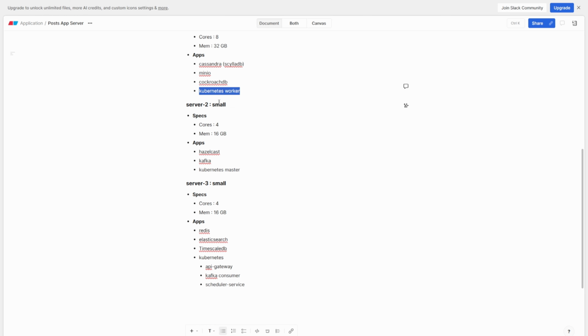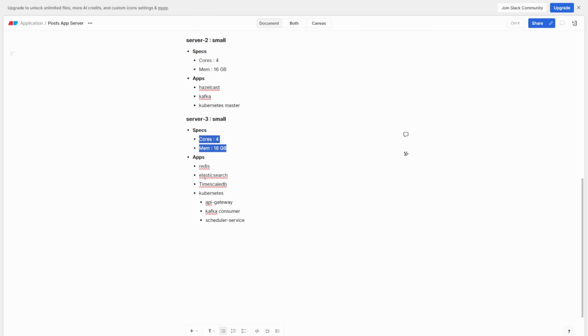Then we have another server with a spec of 4 cores and 16 GB of memory that will be hosting Hazelcast and Kafka, along with it being a Kubernetes master. Then we have another server, which is 4 cores and 16 GB, and the applications it will be hosting are Redis, Elasticsearch, TimescaleDB, and Kubernetes to hold the API gateway, Kafka consumer, and